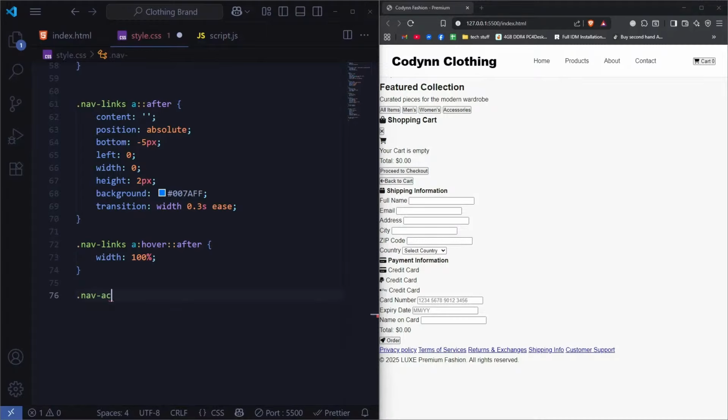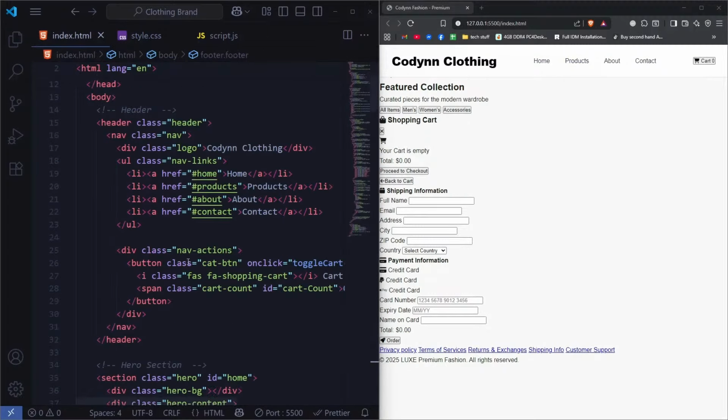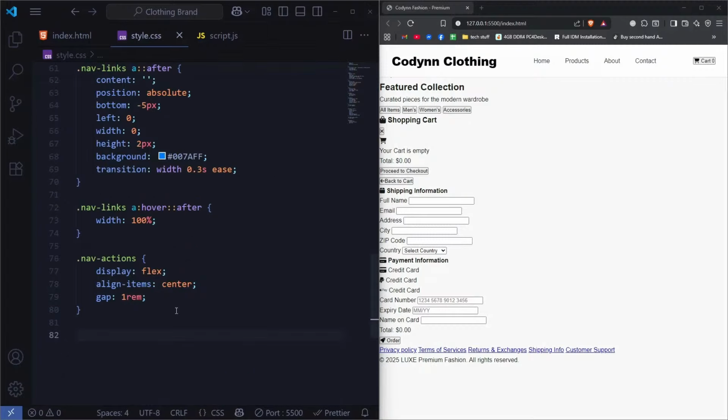And now for the nav icons, which is the nav actions, sorry, which is the cart, what I'm going to do here is put the display flex. Align items, I'm going to put it to center. And gap, I'm going to put it to 1 rem between the icon and the thing, right? So if I go here, this is the thing. And what I'm going to do here is put a cart